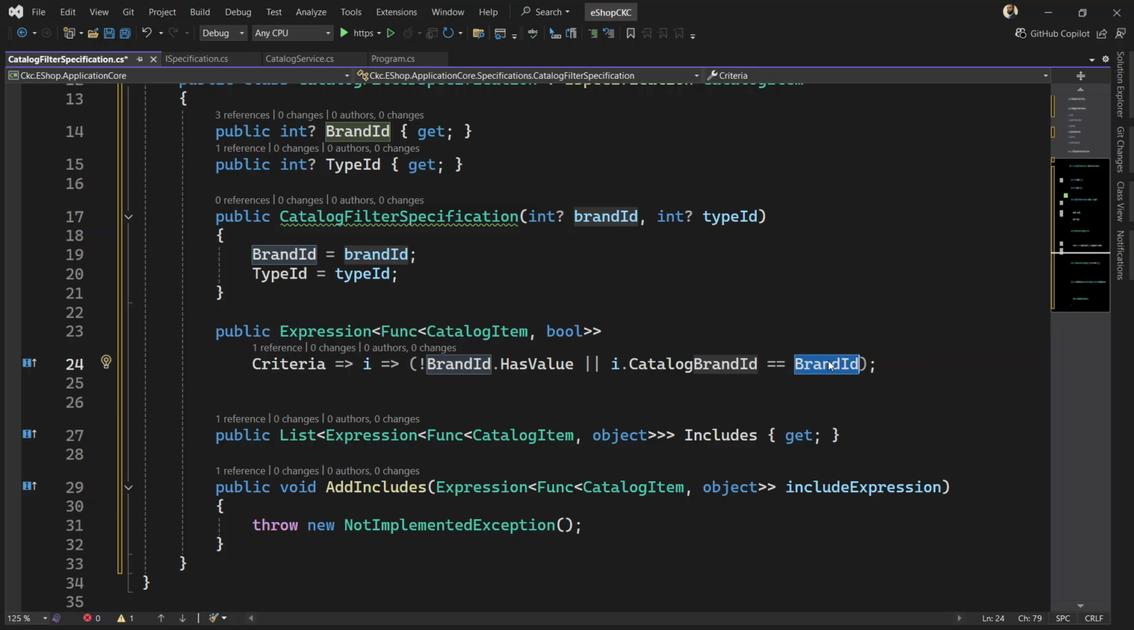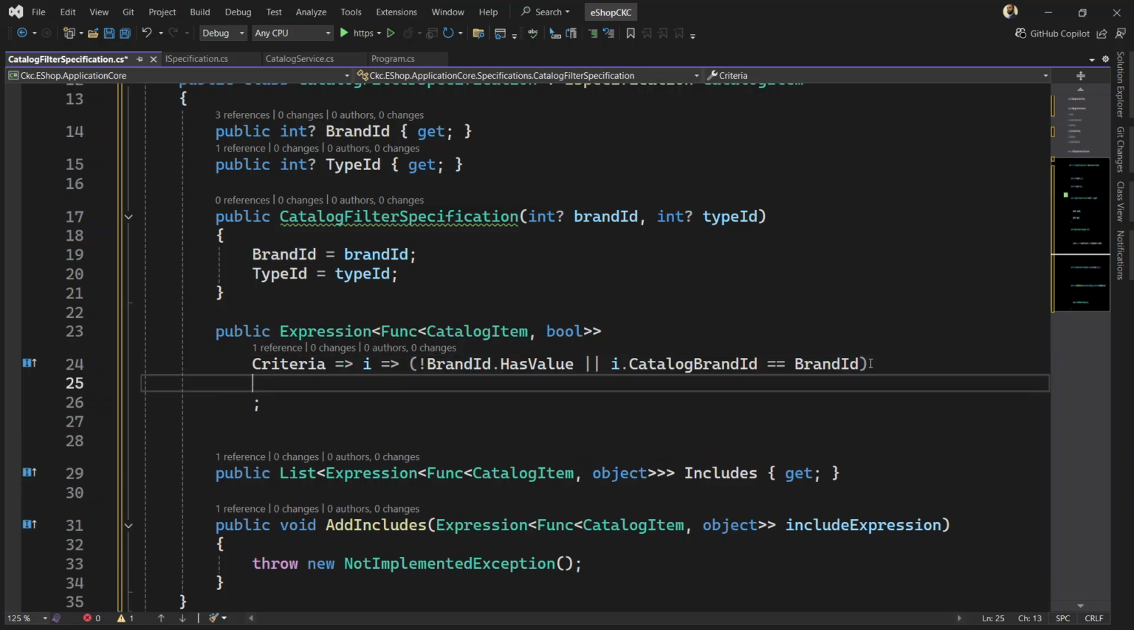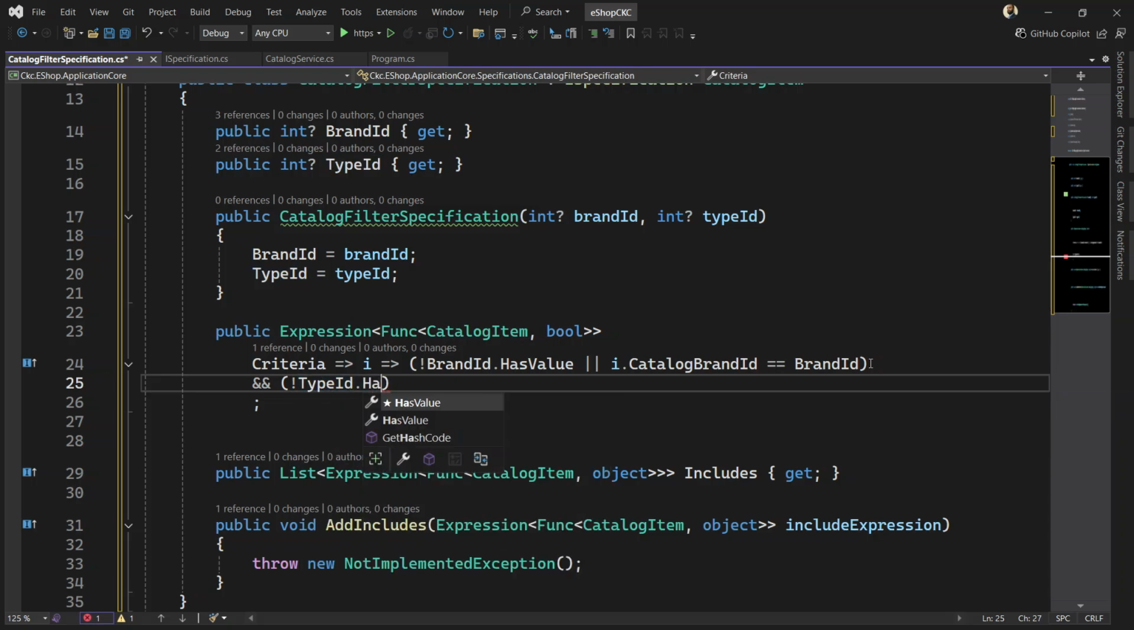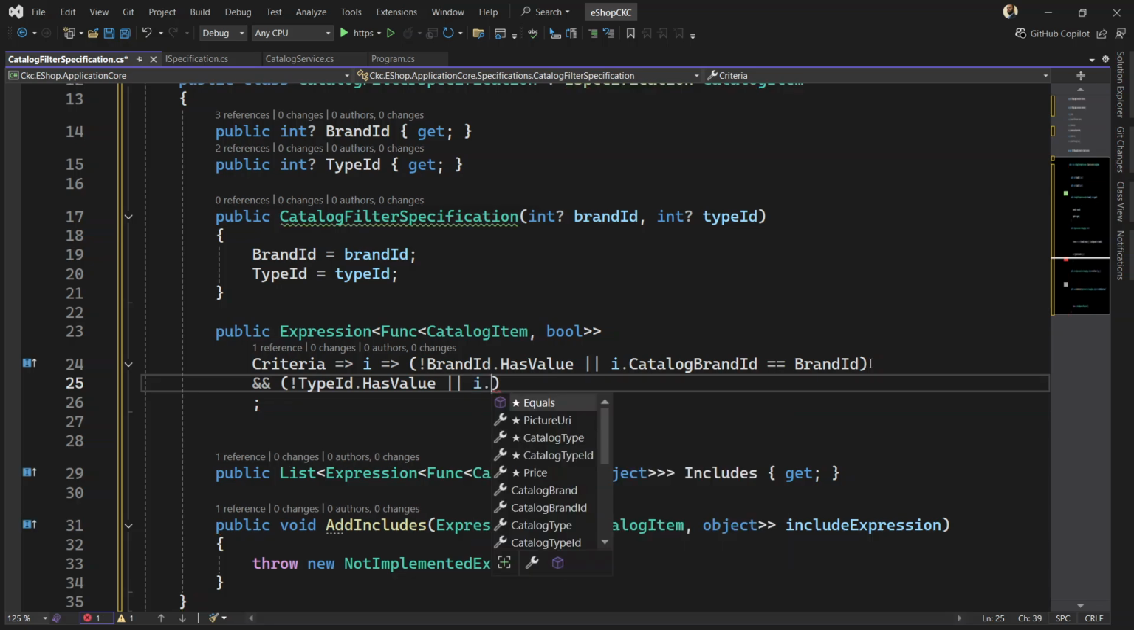And if a brand ID does exist, only items related to that brand ID will be returned. We are not just having brand ID, we have type ID as well. So what we are going to add here is an AND condition, because it's not just brand, it is going to be type as well. So let me use the type ID as well. And if it has a value, then what we are going to do is have